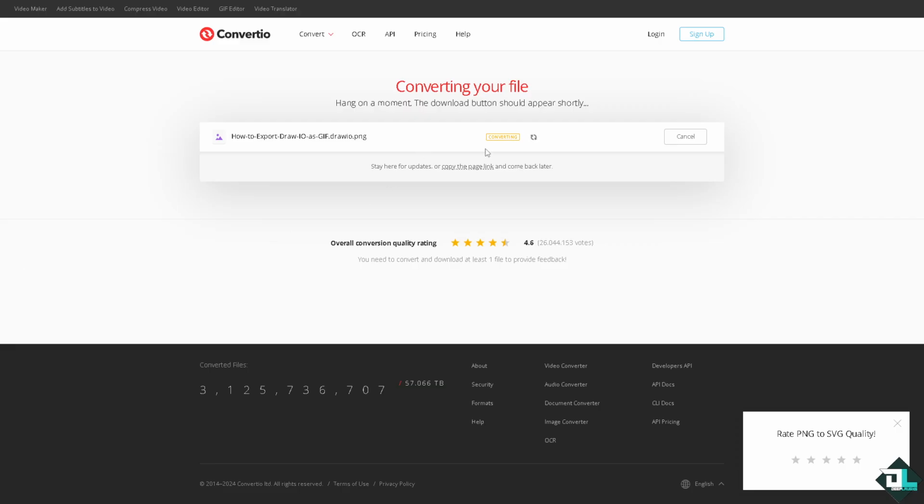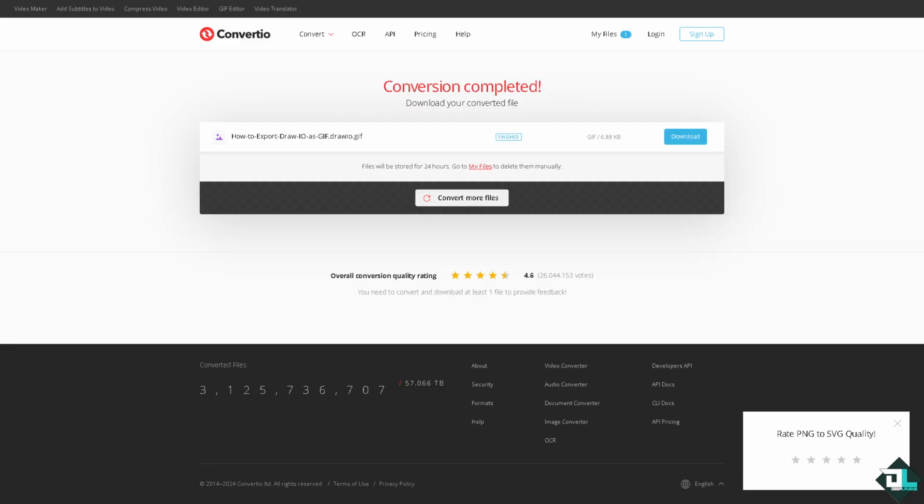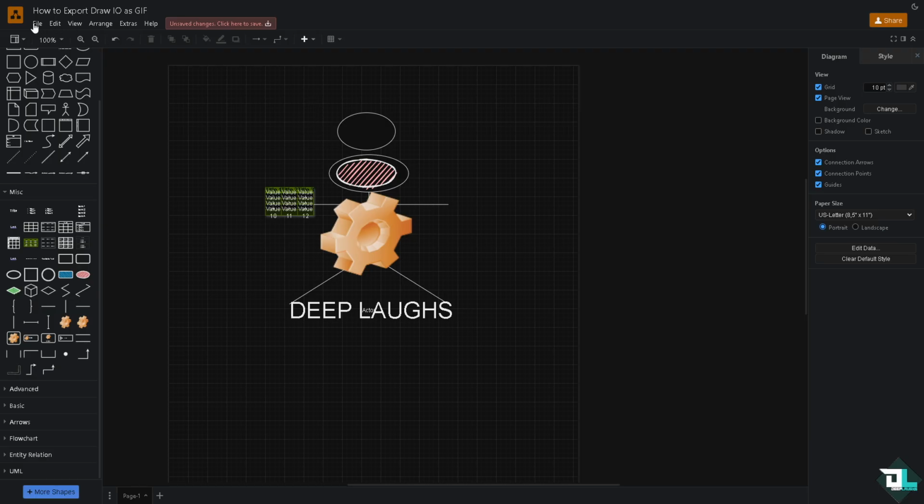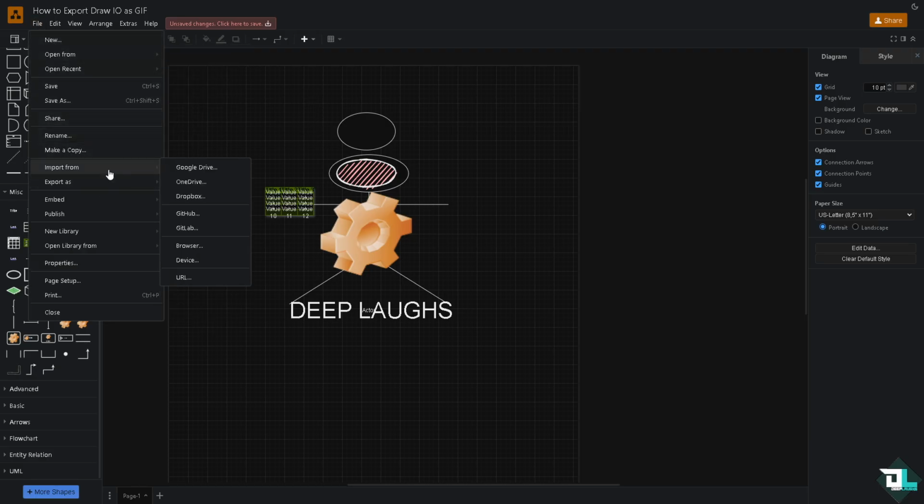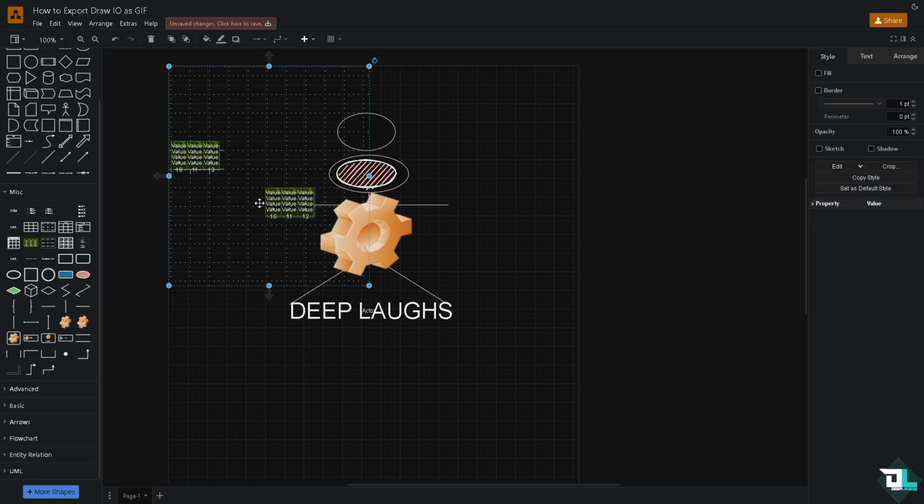Right, it's converting. It takes a little while, really, depending on the complexity or the data of the image you wanted to convert as GIF. The more complex, the more it takes a little while. All I have to do is click the download button. Now once you do that, you're going to go to the file section, click on import from your device. And now, although it isn't a native feature, you are able to import a GIF here on the